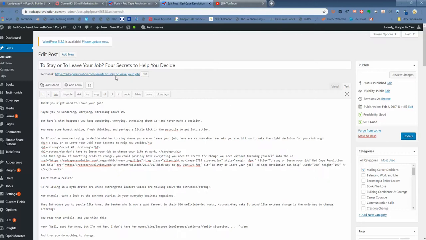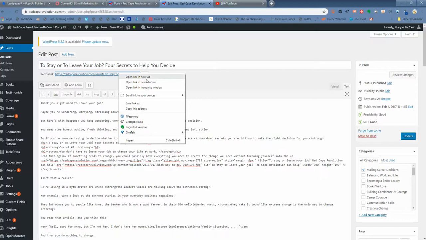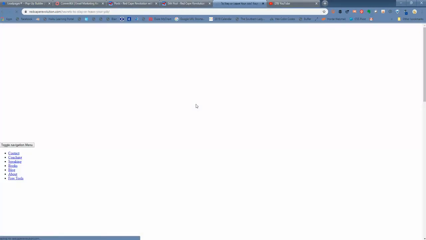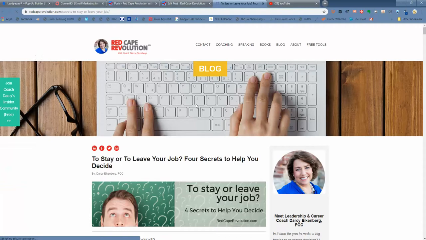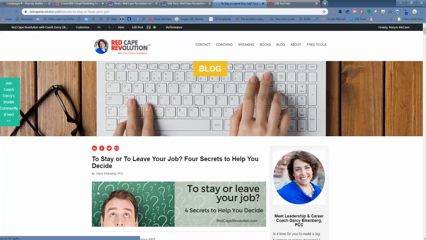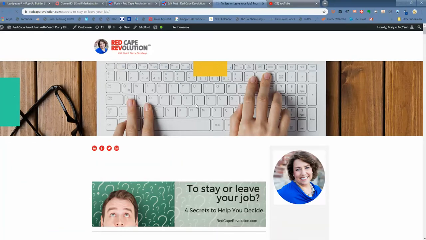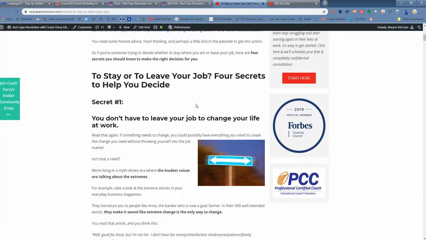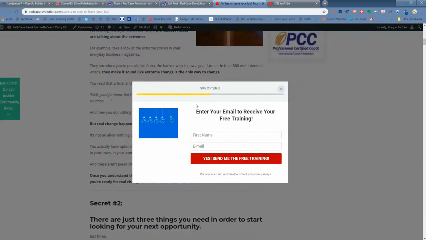I'm going over now to look at the blog post because you want to be able to see that once it's opened and you start scrolling, about 10 seconds later you should be able to see the pop-up form come up for you to complete. Alright, so I'm just going to scroll down a little bit. There it is. It popped up for me to complete, so I put my name and email address in there